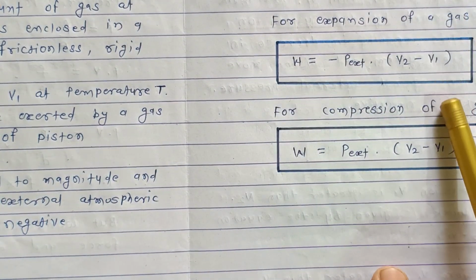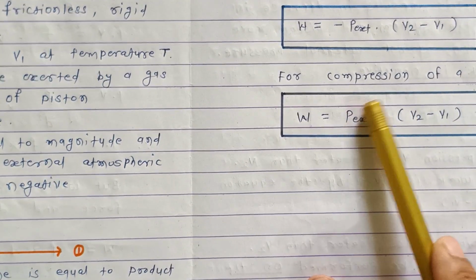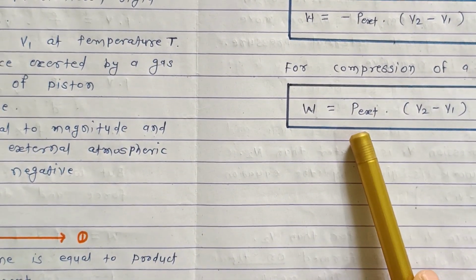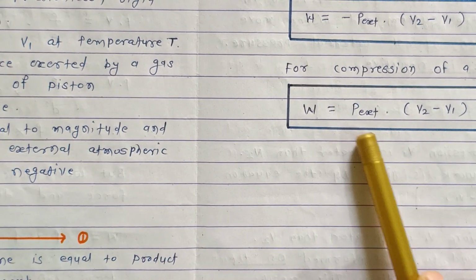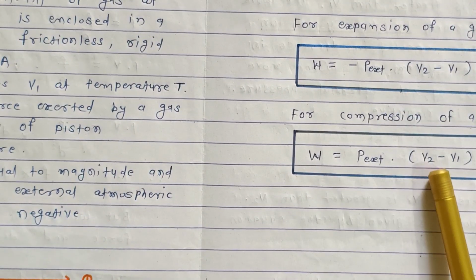निगेटिव आ गया, बिकॉज हमने P एक्सटर्नल को कैसे लिया था? निगेटिव। पर यहाँ पे कॉम्प्रेशन है तो P एक्सटर्नल कैसे रहेगा? पॉजिटिव। तो W इज इक्वल टू P एक्सटर्नल इंटू V2 माइनस V1। So this is the very important derivation we